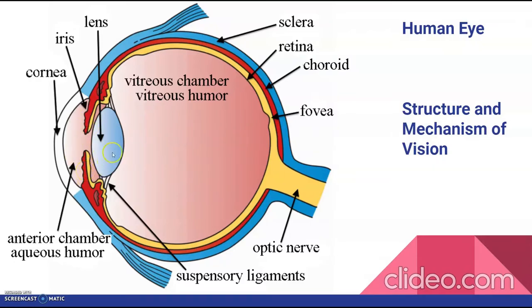The inner layer, the retina, contains 3 layers of neural cells from inside to outside. These are ganglion cells, bipolar cells, and photoreceptor cells. There are 2 types of photoreceptor cells, rods and cones, and these cells contain light sensitive proteins called photopigments. Daylight or photopic vision, the color vision, is the function of the cones, and scotopic vision is the function of the rods. The rods contain a purplish pigment called rhodopsin or visual purple,